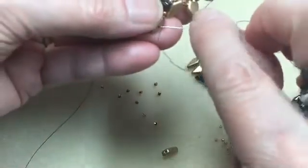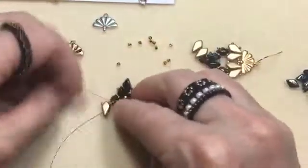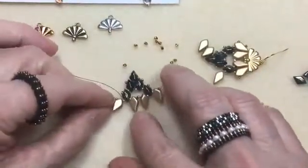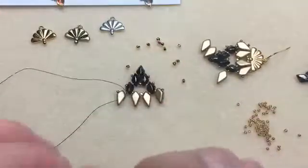Reverse direction and go out through the tip of the kite like this. Pull it nice and snug. There's where we are so far. I put that needle down. I'm going to take my other thread